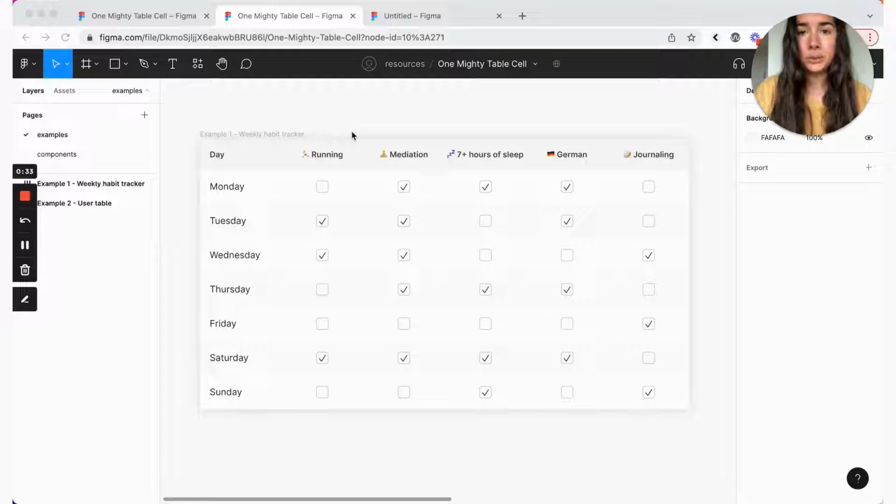And also we're going to be using the two new Figma features. One is instance properties, and another one is preferred values, and I'll be showing you how you can integrate those into your cell component so that the component is easier to learn and a little bit more intuitive to use.